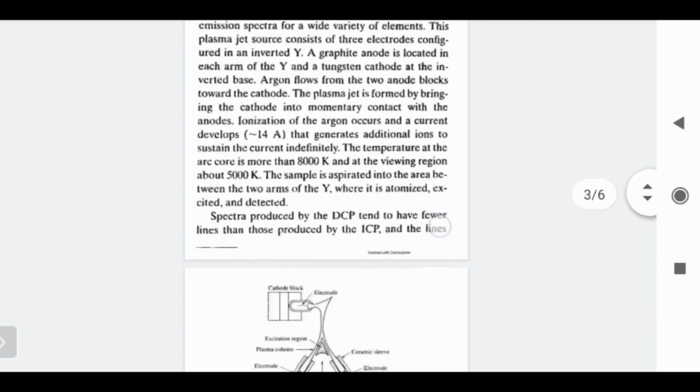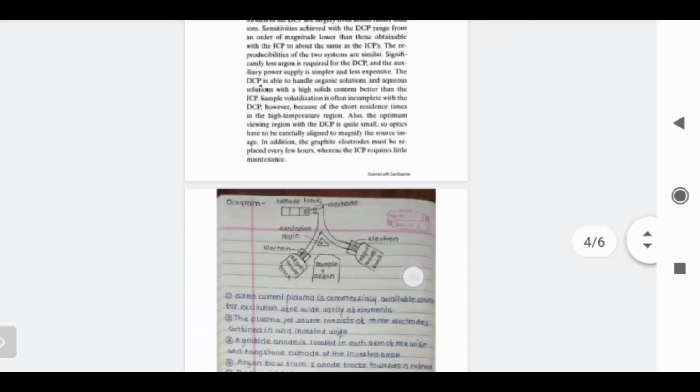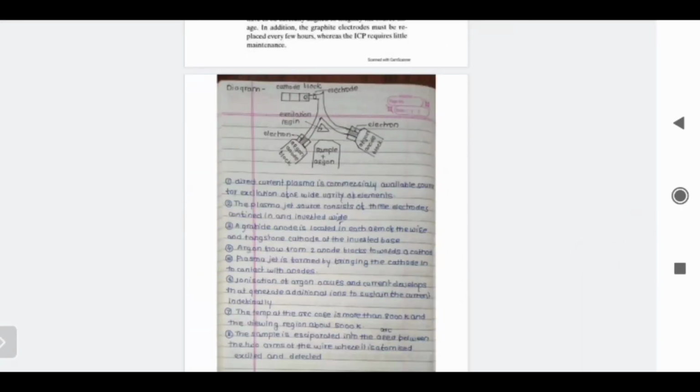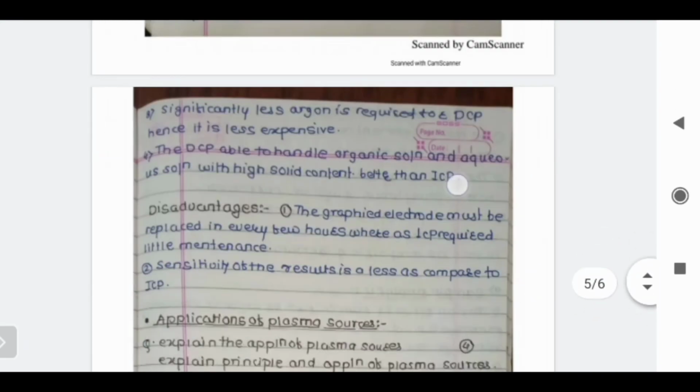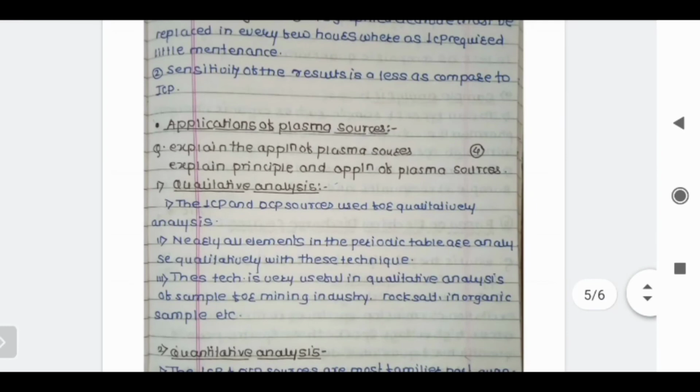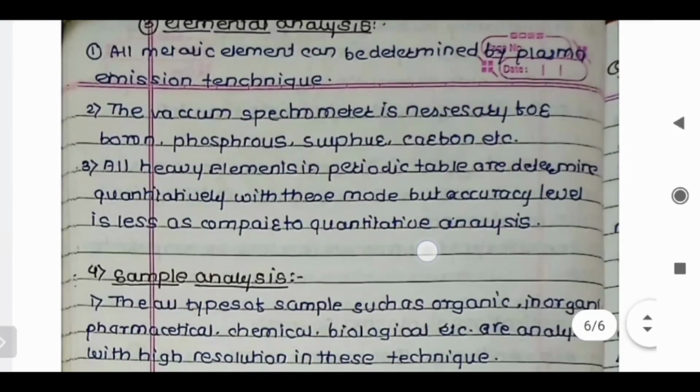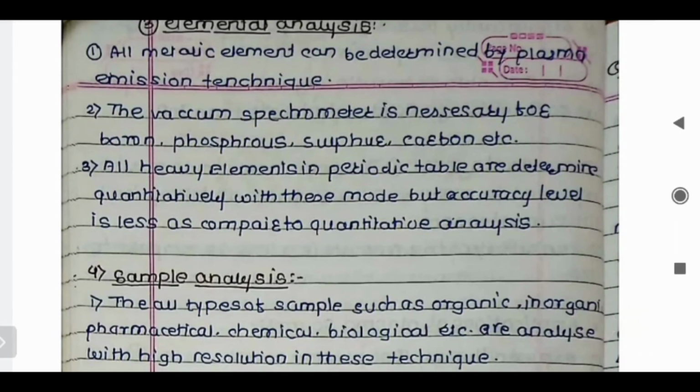Then next we have to see the various applications of these sources, the advantages for each source, the disadvantages for each source, and lastly the common applications for the two sources. So there are four applications in total: qualitative analysis, quantitative analysis, sample elemental analysis, and sample analysis.